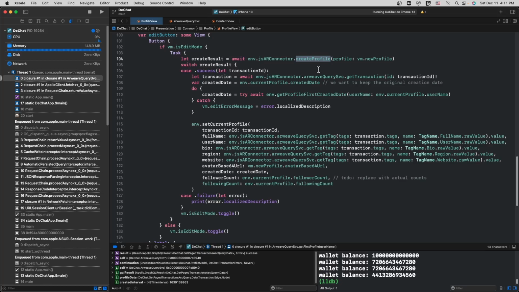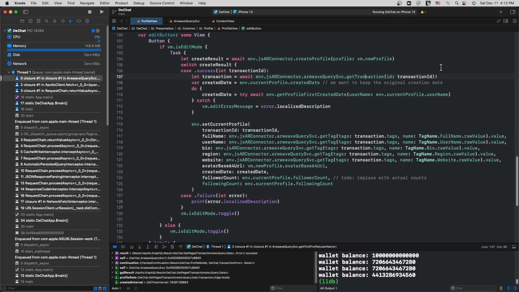So when I do a retrieval, like in this case, I'm creating the profile and I'm getting back the result. I'm checking that that attempt was successful. And if it was, I get the Arweave transaction ID. And then with that transaction ID, I get back the actual transaction object, which is going to contain all of my data, right?